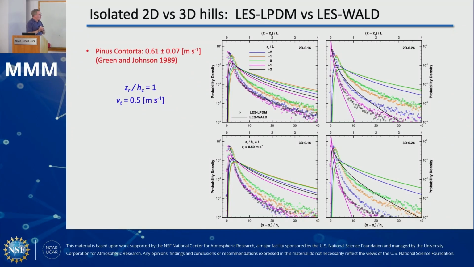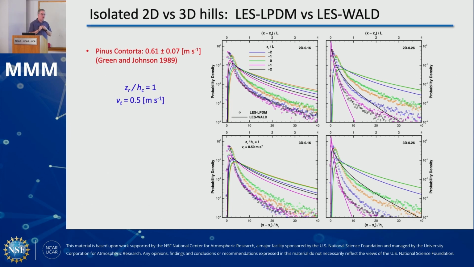Okay, so the question is, how does the walled model work for this? So now the LES results are in the circles. The colors are their release points. The top row is the 2D hills. The bottom row is the 3D hills. Again, for the terminal velocity case of 0.05, maybe here for a second, but the take-home message is that using the LES-derived velocity fields, vertical velocity standard deviations at the seed release point,